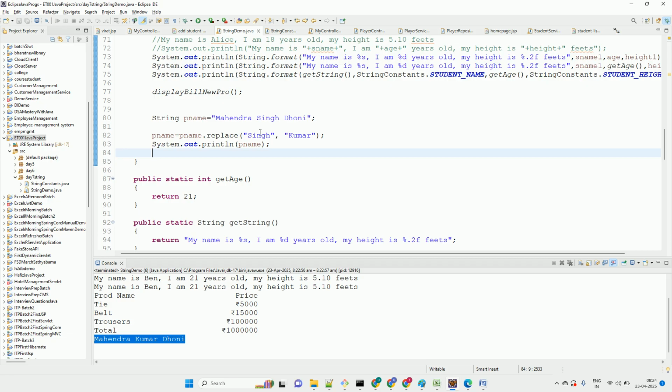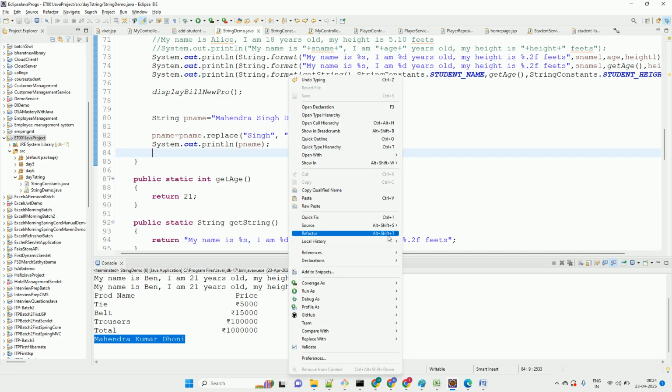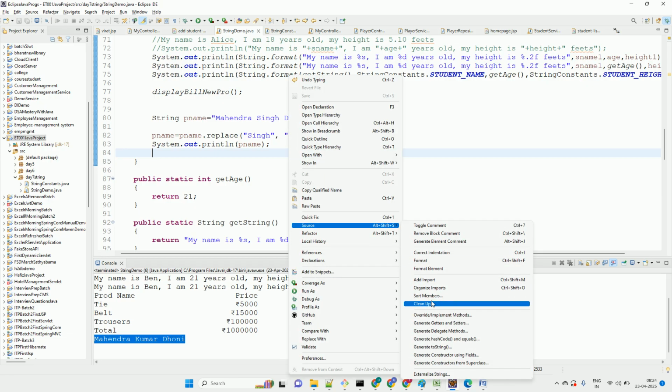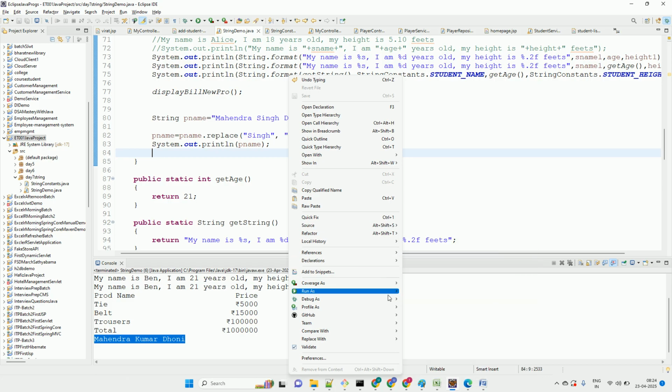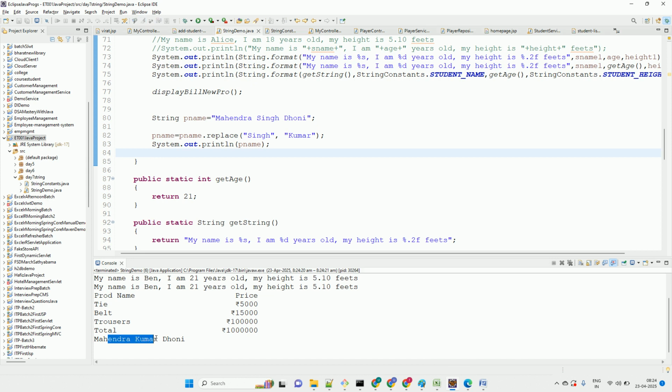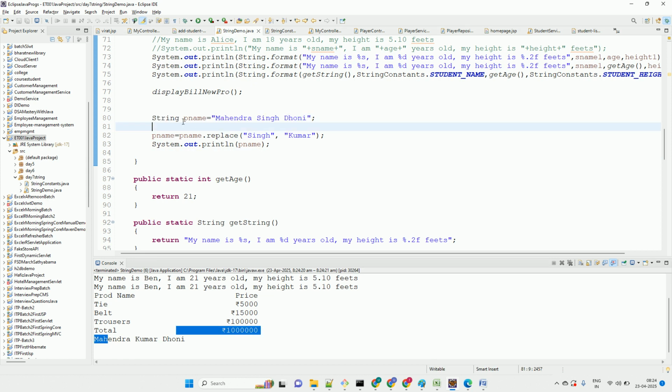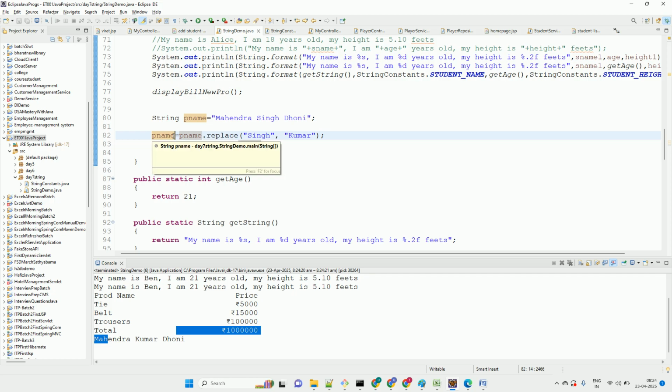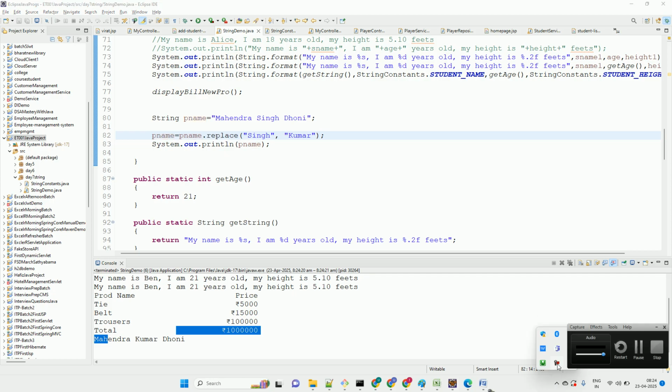Yes, absolutely correct. Pinpoint correct. So now if I run this, I will get Mahendra Kumar Dhoni, and this string is now unreferenced. You cannot reference it because we have shifted the reference from the old string to the new string. Okay, so you can reuse the reference, or you can make a new reference also. Is that making sense to you all? So it's all about your